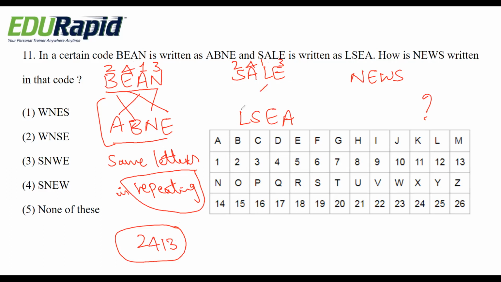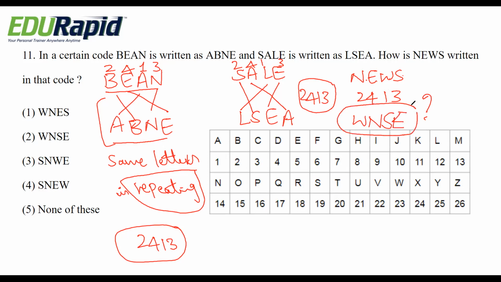One is L, yes it is correct, two is S, also correct, three is E, also correct, and last one A. Yes, it is in a pattern of 2-4-1-3. Okay, first is W, second letter is N, third is S, and fourth is E. So WNSE,